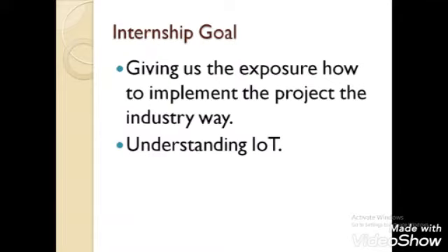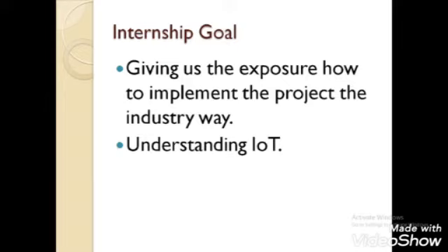So what was the goal of the internship? The first goal was giving us the exposure of how to implement a project the industry way. In colleges, many students simply copy the projects from different sources like Google, YouTube, etc. By doing this, students do not get enough knowledge about the actual project.